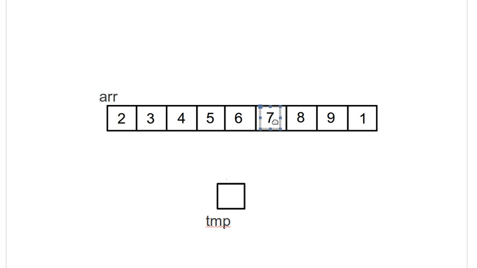We don't do many comparisons. I compare the 7 to the 6, I find out it doesn't go before it, and that means the 7 never gets compared to the 5, the 4, the 3, or the 2. And that's the real advantage of the insertion sort. When things are close to where they're supposed to be, you do very few comparisons with them. And in fact, the optimal for an insertion sort, if you have data that is almost sorted, it turns out that the insertion sort is remarkably efficient. The entire thing, both comparisons and memory moves, will be order n. It will only do roughly n comparisons and roughly n